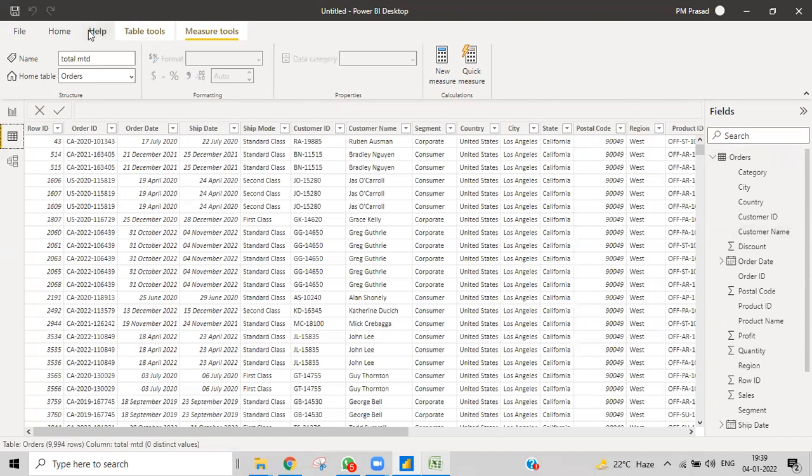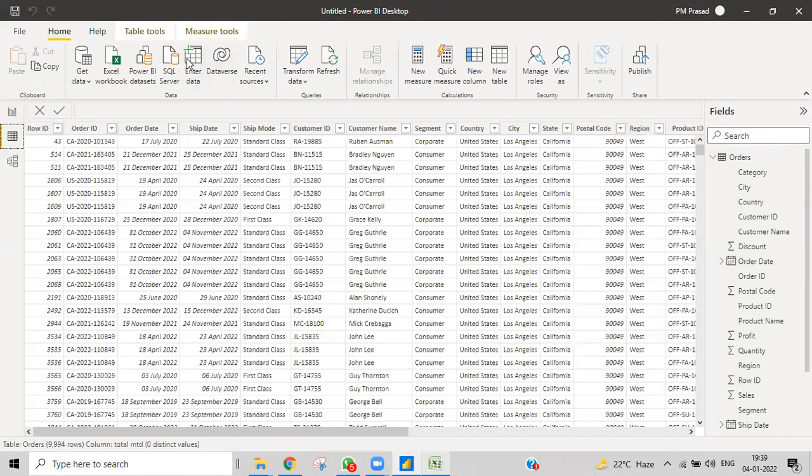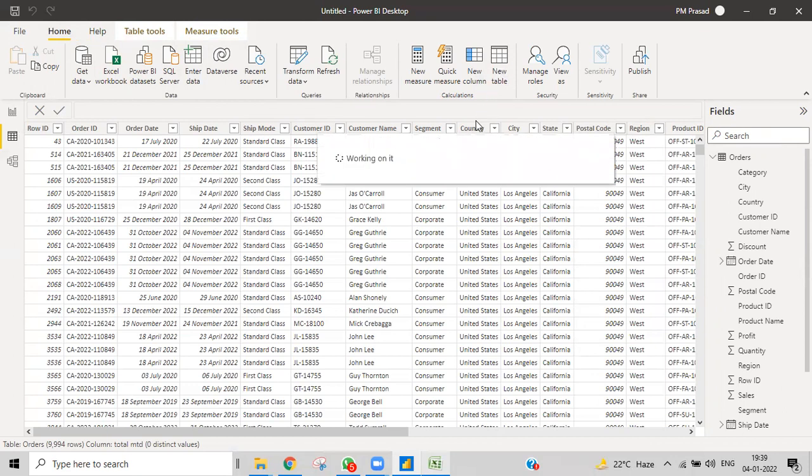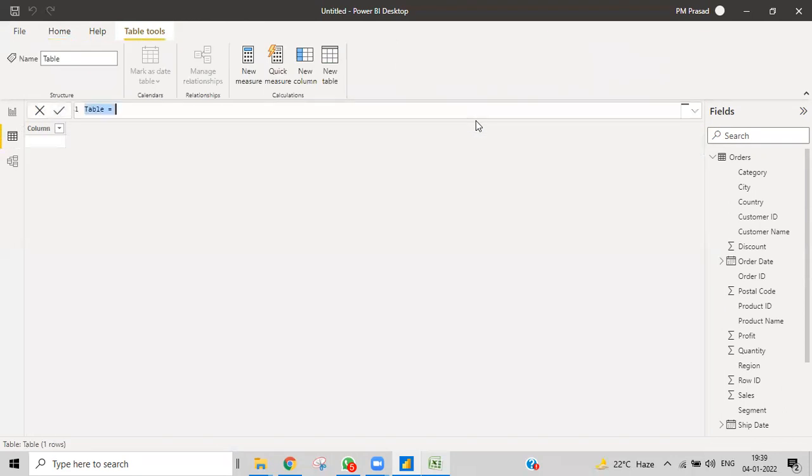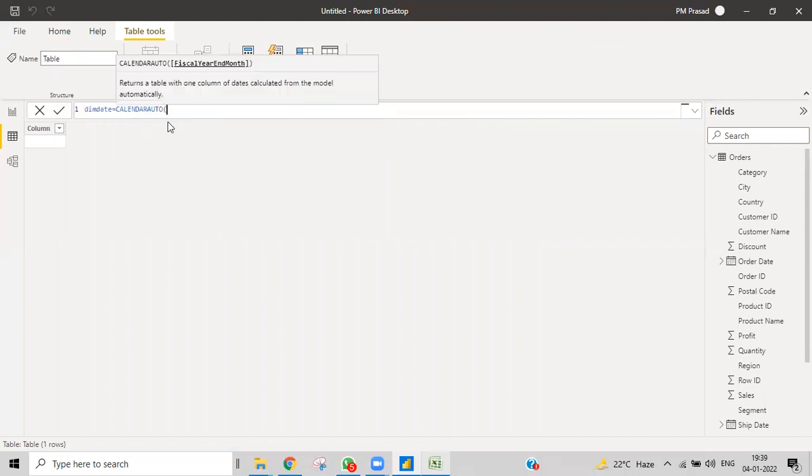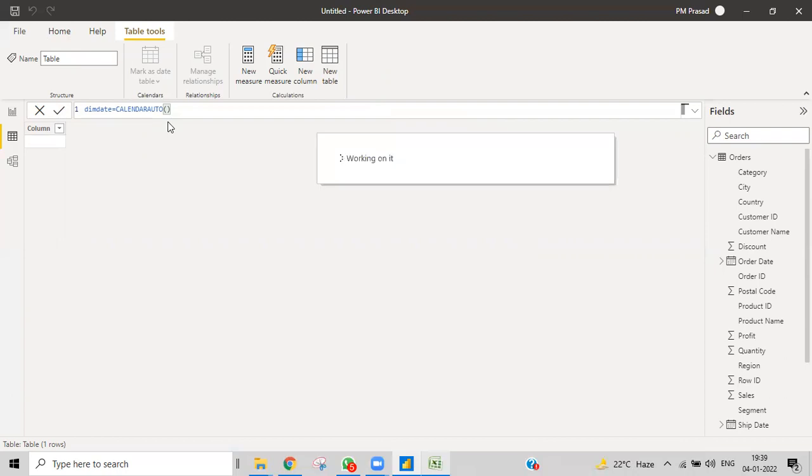For that, very simple. How do we do that? Like, a new table. And obviously, how can we do that? Simply, calendar. You can make it. Okay, maybe this is my table name, and afterwards I want to use calendar, which you already discussed in the date function. Hope you remember, right? It will create as per our dates. It will create a date dimension table.